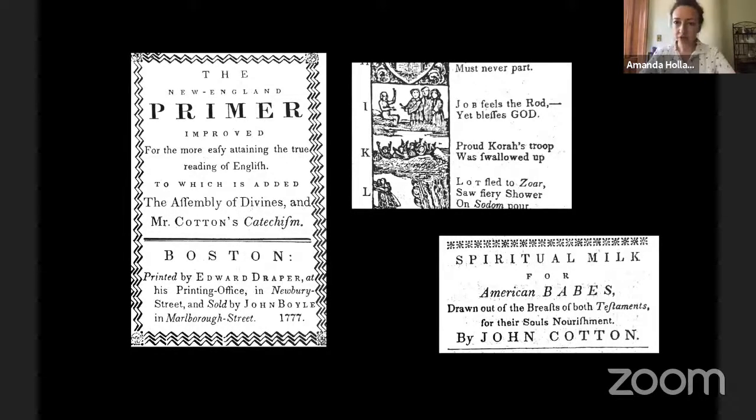I have a couple excerpts from this primer. If you look over to the right, there is very encouraging, "Job feels the rod, yet blesses God." Some of these are a little bit intense, but often they're very biblical. And so we have "Proud Korah's troop was swallowed up." I think that is in theory supposed to rhyme, but the way I pronounce these words, it won't. "Lot fled to Zoar, saw fiery shower on Sodom pour." There you go. So we have an alphabet, and it's done in a way that is combining that with Christian